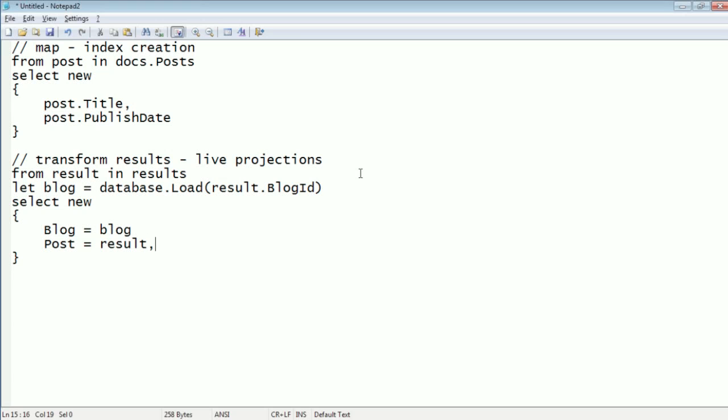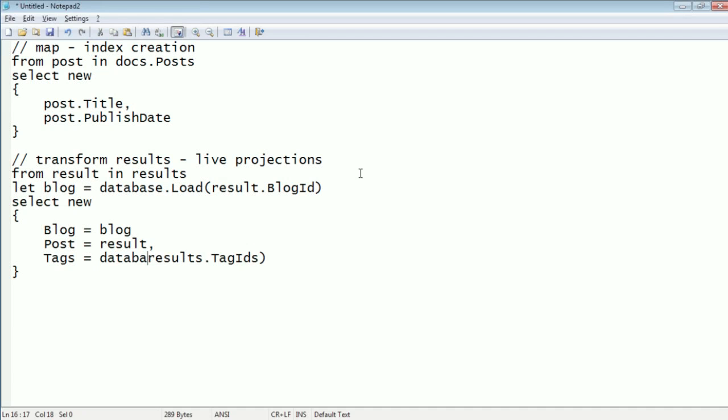So we can say stuff like, I don't know, tags equal results.TagIds.Select, database. Oh hell, I can just do this.